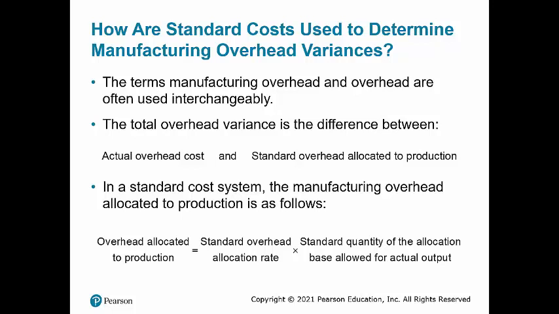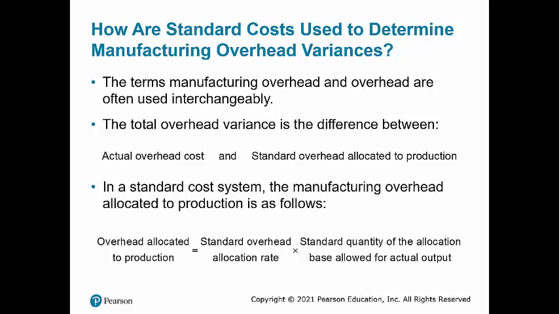The total overhead variance is the difference between actual overhead cost and standard overhead allocated to production. Previously, we saw that Cheerful Colors had incurred $30,160 in variable overhead costs and $23,920 in fixed overhead costs. Therefore, total overhead costs incurred were $54,080. In a standard cost system, the manufacturing overhead is allocated to production by multiplying the standard overhead allocation rate